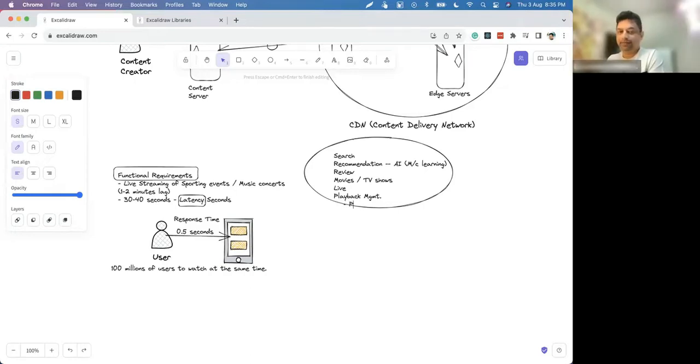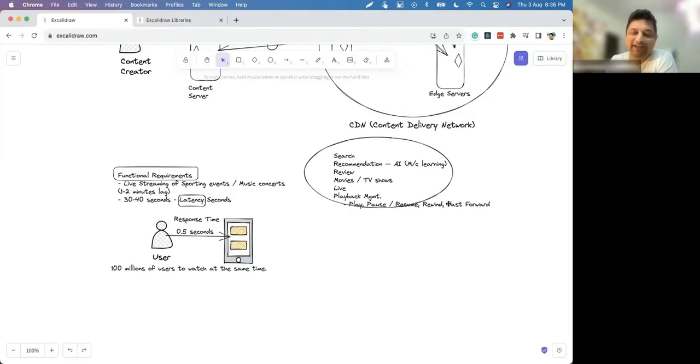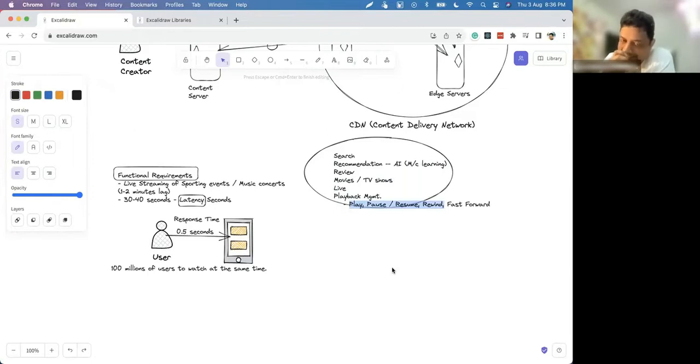So we should be able to play, pause and resume our content, we should be able to rewind, we should be able to forward or fast forward, right? Even for the live content, right? So yeah, you can't do forward for live content, but yes, you can do other stuff.